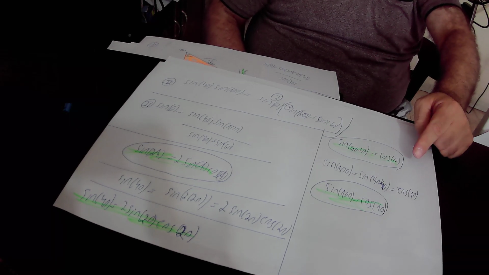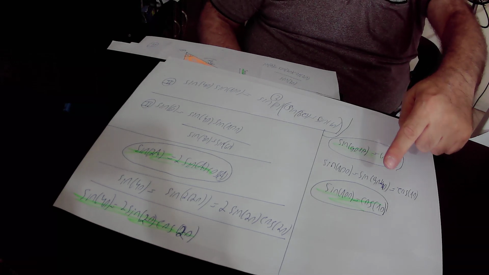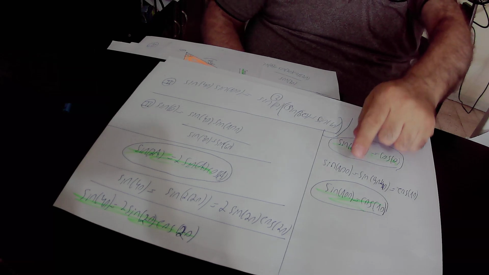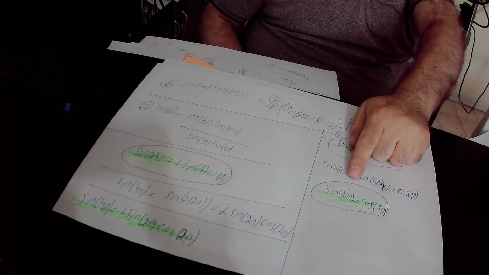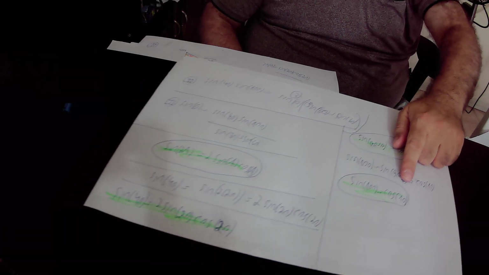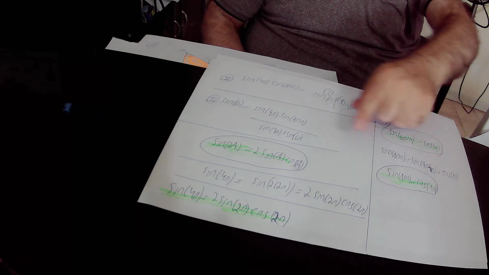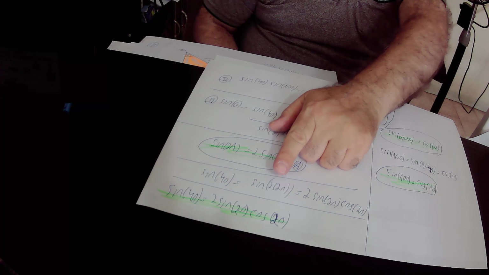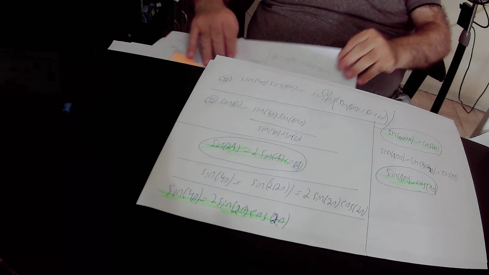So in conclusion, we found out that sin 100 degrees equals cos 10 degrees. Therefore, we substituted sin 100 degrees in equation number 2 by cos 10 degrees, and we substituted sin 40 degrees by 2 times sin 20 degrees times cos 20 degrees in equation number 2, and found out that